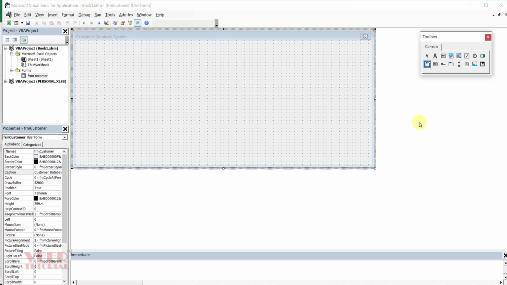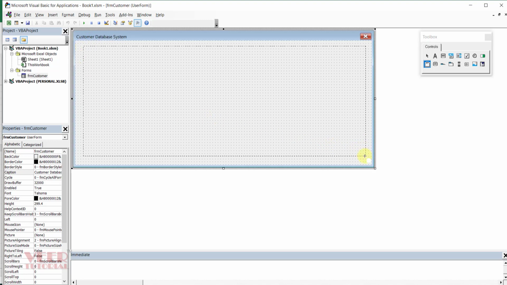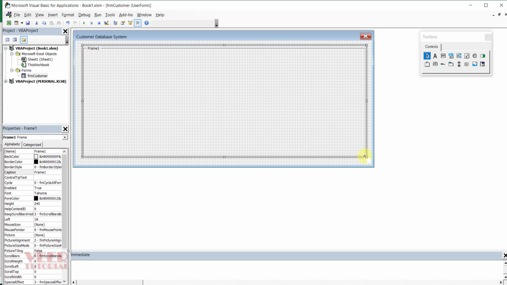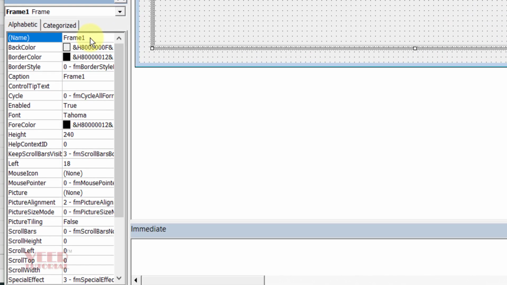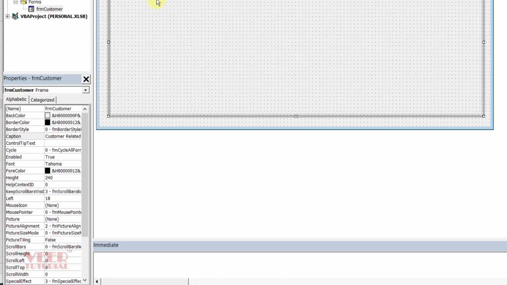So this is the frame, and I would like to put the frame over here, and you can give the name frmCustomer, and the caption would be Customer Related or Customer only, whatever name you want, you can enter.